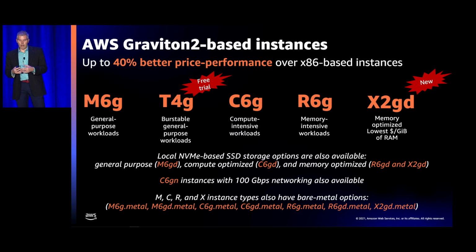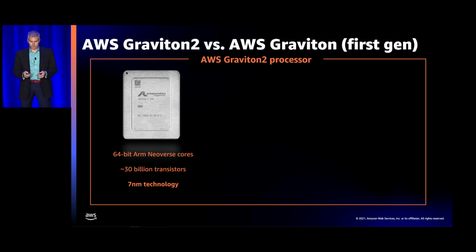Now, customers looking to adopt the Graviton 2 instances, their first concern is this is a different architecture. I've done a lot of work on x86. My entire corporation is using x86. How do I get started here? So that's what we do here. We're offering you a free trial on the T4G. The T4G instances are part of our lower-end compute instance sizes, and so you can take a look and try those out right now. And if you aren't familiar with this, we've tried to make the conversion as easy as possible. We also offer a series of white papers and docs off of our web pages to help with the conversion process if you're interested in the ARM-based architecture.